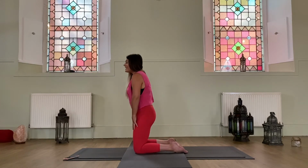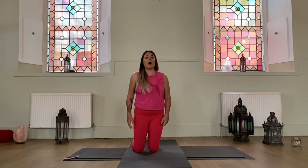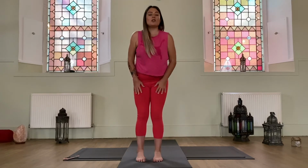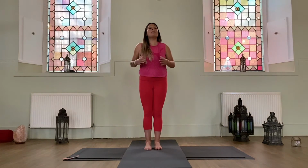Okay, next time you open your body up, we're going to swing our legs around and come all the way up to standing. One leg in front, we're going to tuck our back toes under and stand all the way up tall on our yoga mats. The next pose I'm going to show you is called mountain pose,